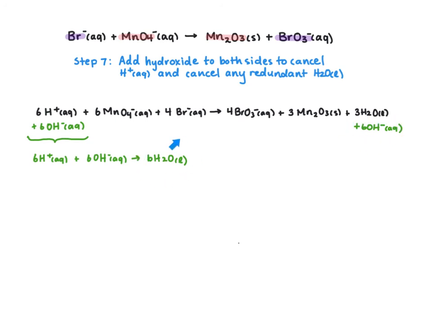Now the 6 water molecules we formed here can actually cancel out. Three of them will cancel with the water molecules on our product side. So it's basically switching where the water is in the reaction. So our overall balanced reaction will actually be 3 water on our reactant side,